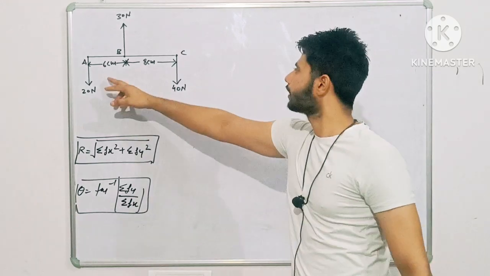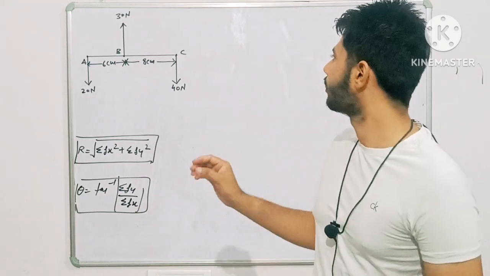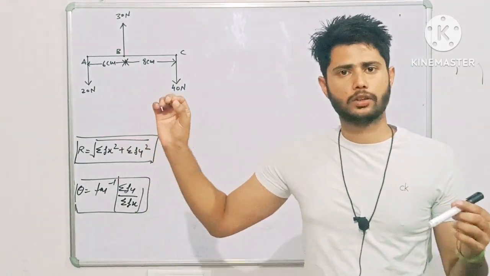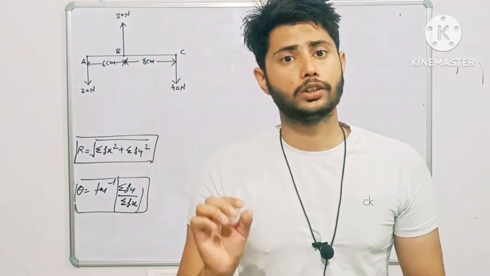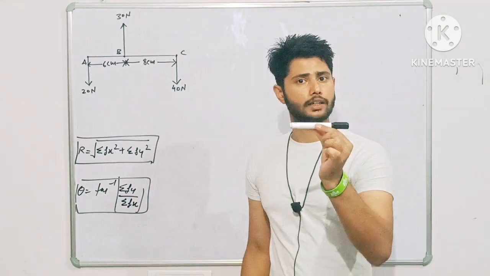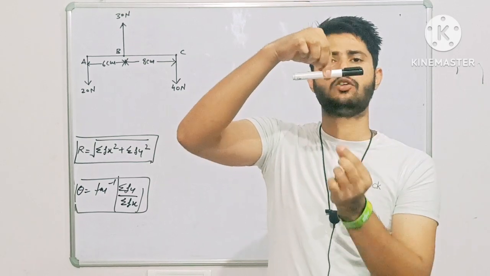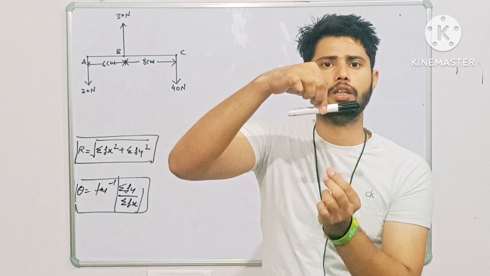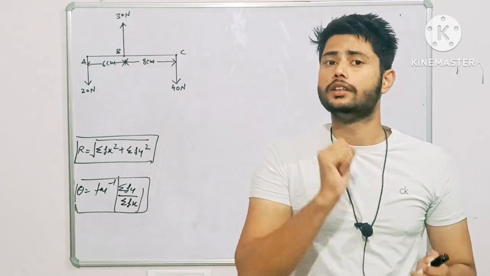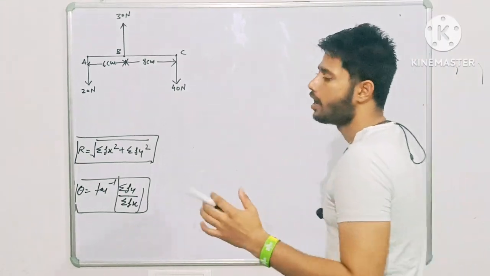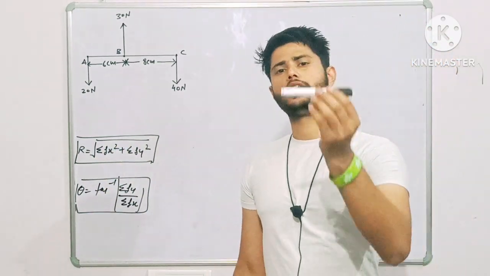Suppose this is a vertical force, and this is also a vertical force. These three forces are available on a body, and all are vertical forces. Horizontal force is not available here. Suppose this is a marker, and I am applying vertical forces to it, upward and downward. If the downward force is much more than the upward force, then my marker will move in the downward direction. According to Newton's second law of motion, our body will move in the direction of the resultant force, so our marker is going downward.